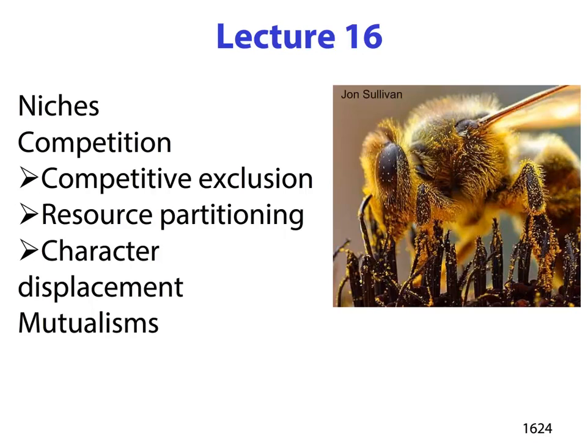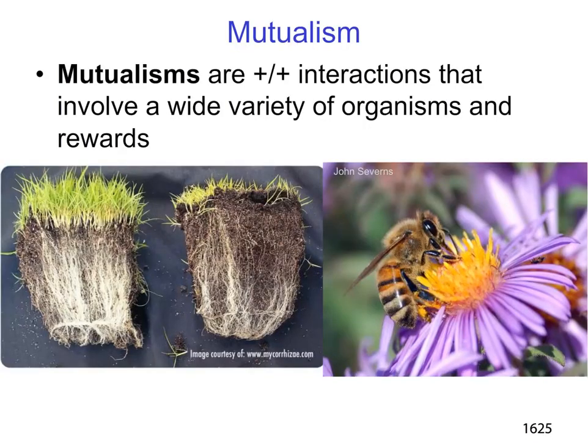Now it's time for us to talk about mutualisms. And so mutualisms are very cool because ultimately what's going on is a win-win, okay? And so again, pollination is one way where it's a win-win because the flower is getting pollinated and the bee is getting food. So it's a really great example of this. Now here we have 2 really good examples of mutualisms. We've got mycorrhizae and land plants on the left, and then we have pollinators and those being pollinated on the right. And so these are 2 great examples.